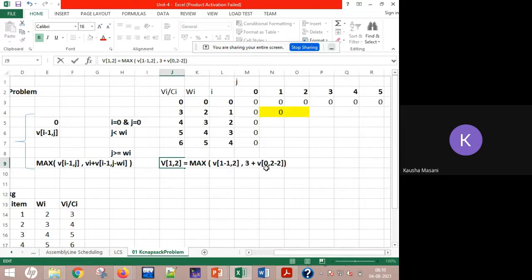V is nothing. That is the cell value that we are going to pick up. Okay, so let's solve this further. What I have to do, what will be here, 1 minus 1, and now I'm writing it here only. It will be 0. You can write it as a next step. And this is 2 minus 2. So again 0. So V of 0, 2. So that means it is this one, 0, 2. So it is this cell. So the value is 0 there.